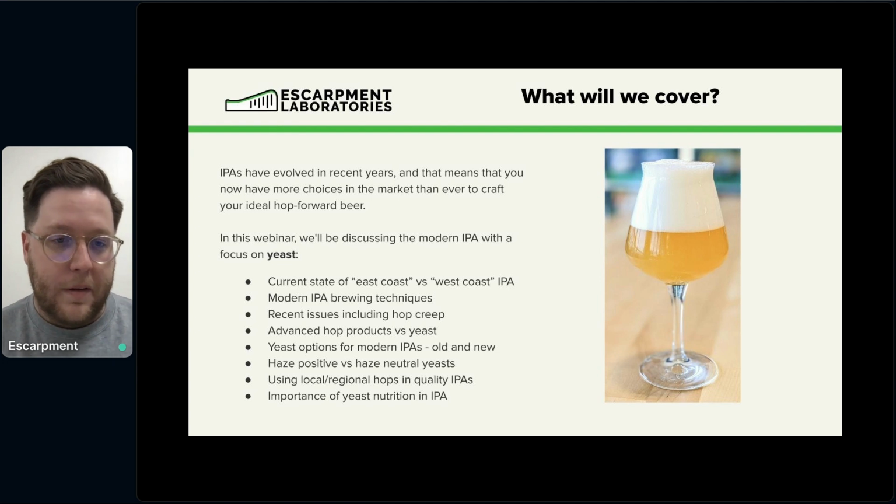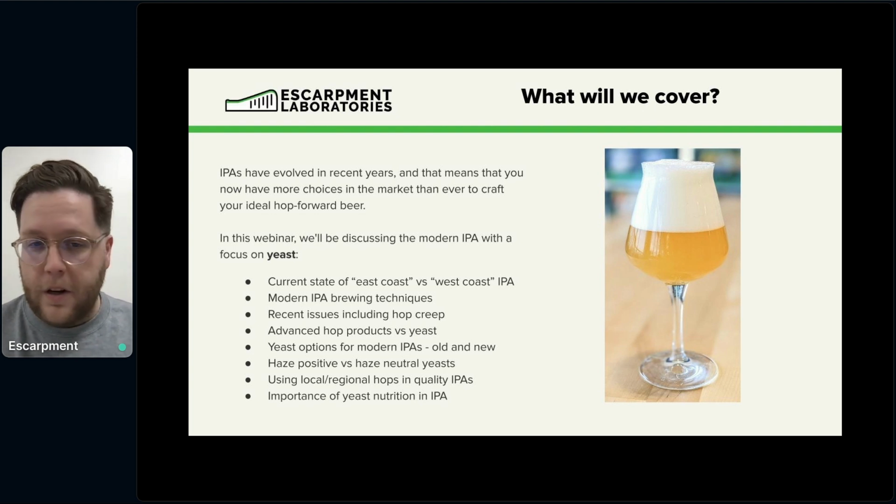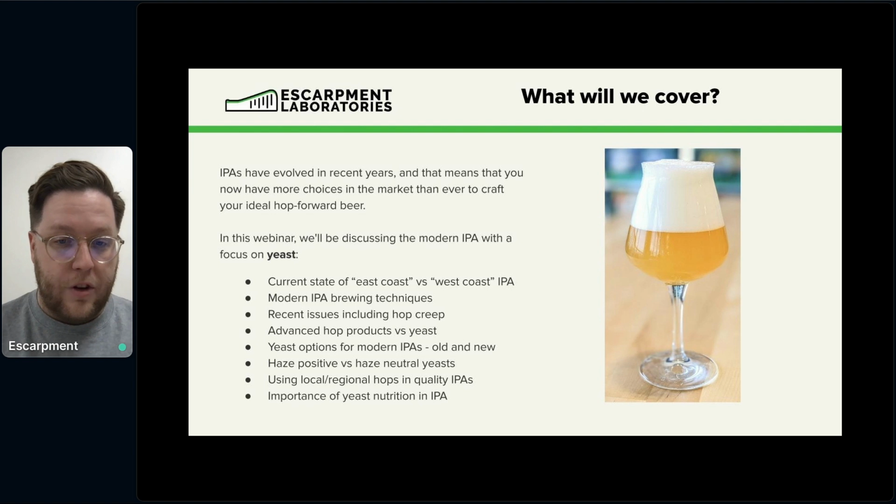We're going to talk about some of the recent science on haze as well, which we did just cover in our haze talk. But we'll have a little refresher here on haze positive versus haze neutral yeast and just yeast impact on haze. We're also going to talk a little bit about how to use local and regional hops in